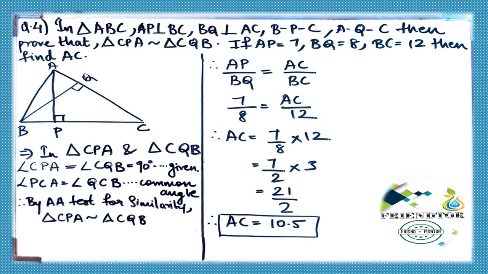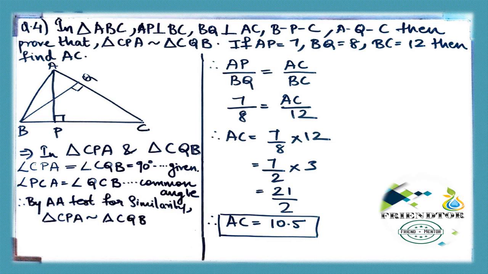Okay, so this is the fourth problem in the practice set. So in triangle ABC, AP is perpendicular to BC, PQ is perpendicular to AC. Prove that triangle CPA is similar to triangle CQB. Okay, and they have given some values, and then we have to find AC as well. So pause the video, read the question completely, take your own time, understand,